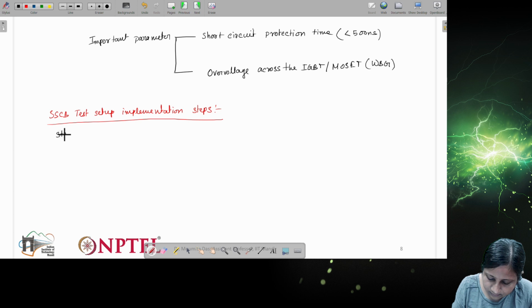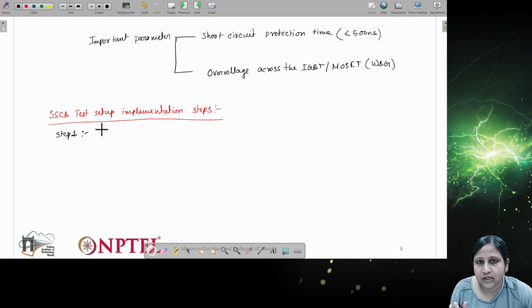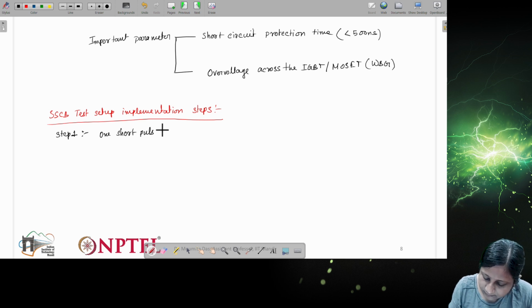Step 1: basically one short pulse is provided from the DPT we are using. In DPT we provide 2 pulses, but here only one short pulse is provided